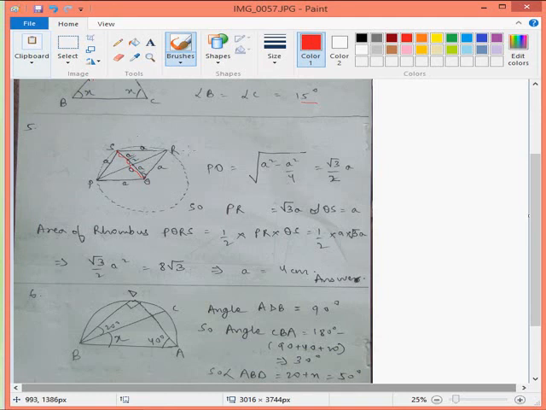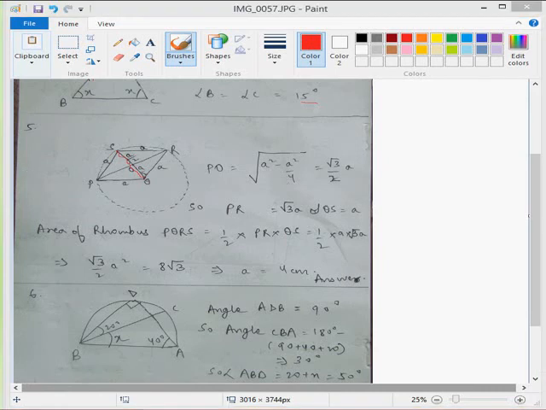In this triangle SPR, have a look at this. PQ is the radius, that is A. QR is also the radius and QS is also the radius. In addition to being the radius, QS is also the diagonal of this rhombus PQRS. Since the diagonals bisect each other, SO comes out as A by 2 and OQ comes out as A by 2.